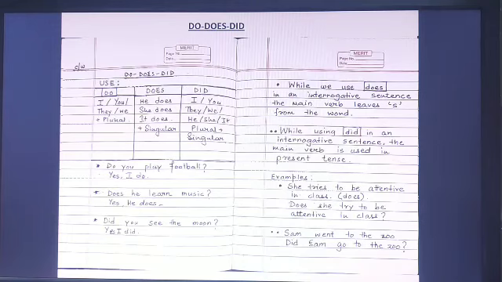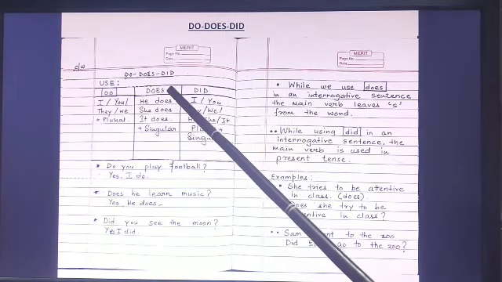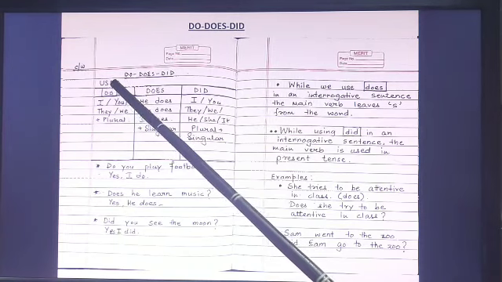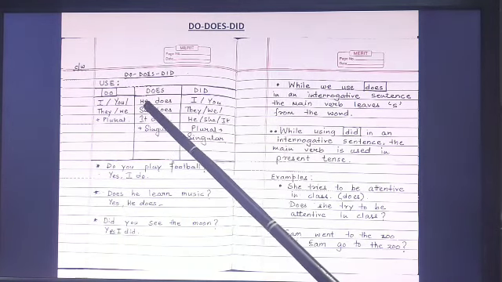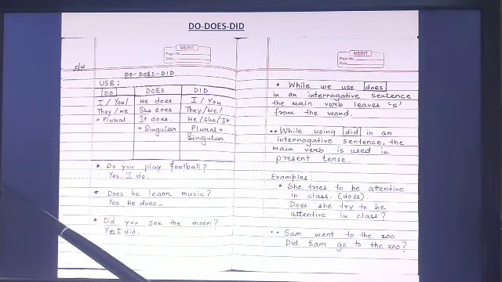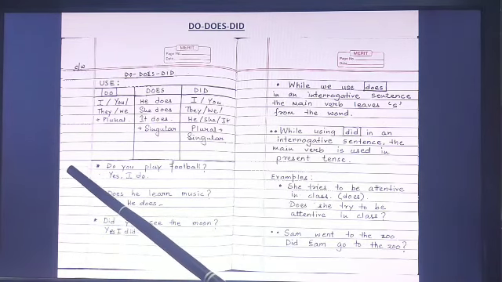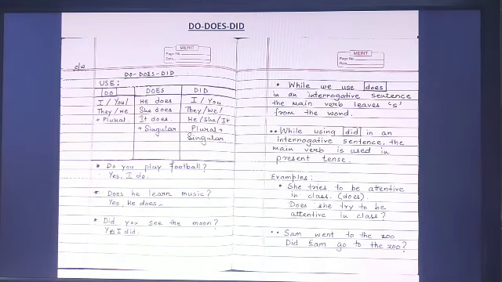First I'll read out and then I'll explain to you. Do, does, did. Right, CW? So these are the uses of do, does and did. The way we have learnt the use of the helping verbs or auxiliary verbs, that is how is, am, are, was, were are used in sentences and how they change with past and present tense, and how they change with plural and singular. Okay, so that way do, does and did also have certain rules.